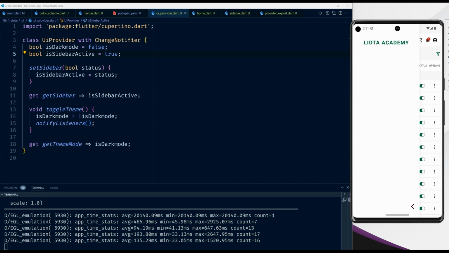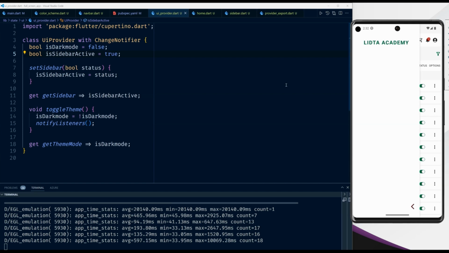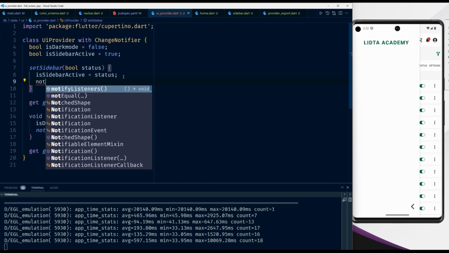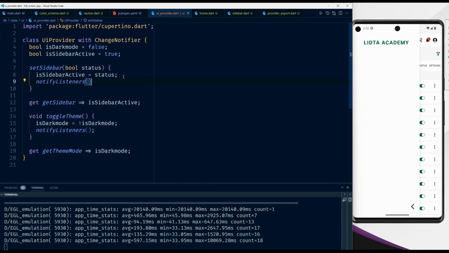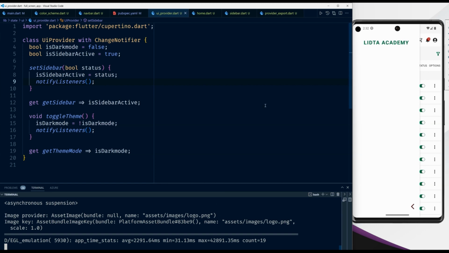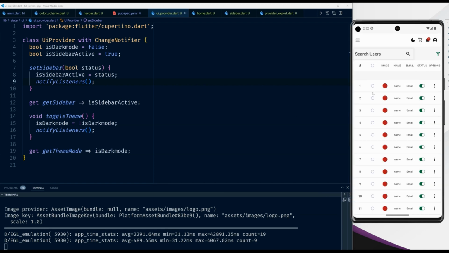It should hide, and it's not hiding because after we set the sidebar status, after we change it, we are not notifying the listeners that we've changed the state of the sidebar. So here what we can do is just notify the listeners that are listening to this variable change. I'm going to restart the application again. It restarts, and now I'm going to try it one more time, and as you can see, it hides